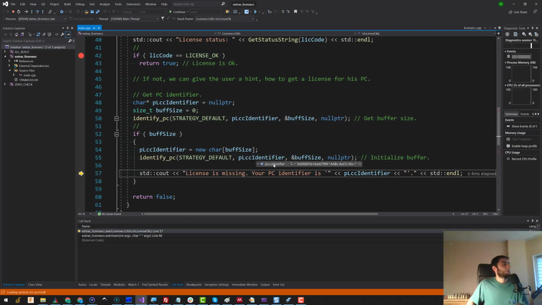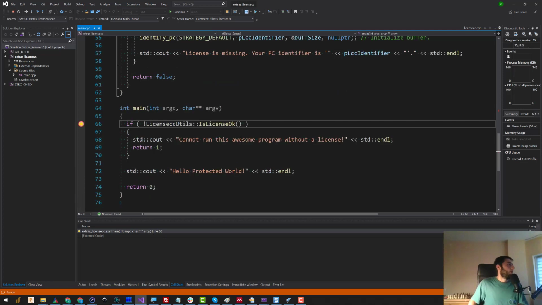And you can see this is exactly the identifier which I see on the screen. So we can print this identifier to our users, and then they can send us this identifier so that we can go and generate the license key for them. So there we go. Now the question is how to generate the license file, how to make this condition return